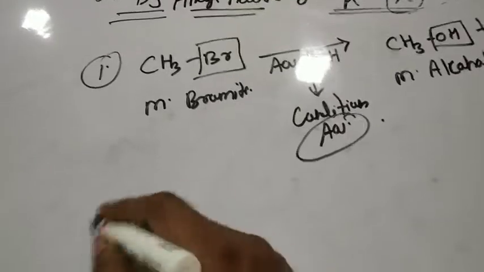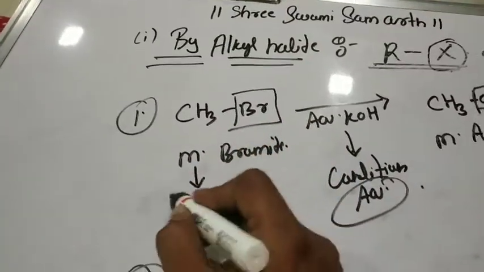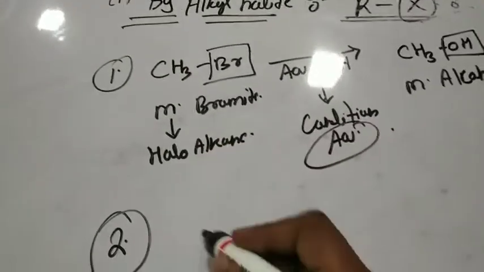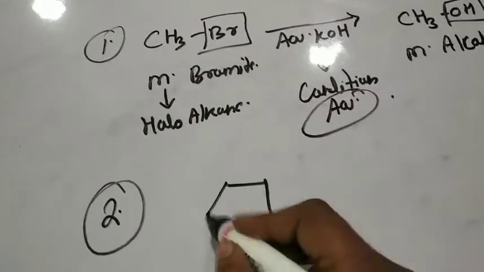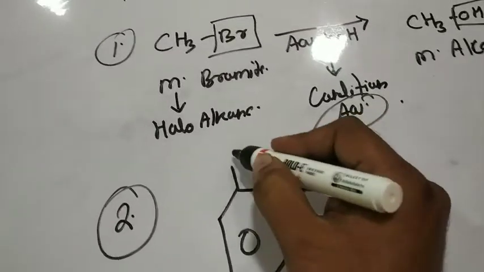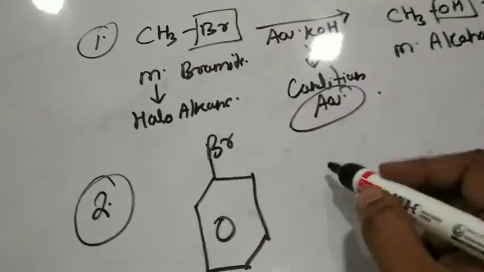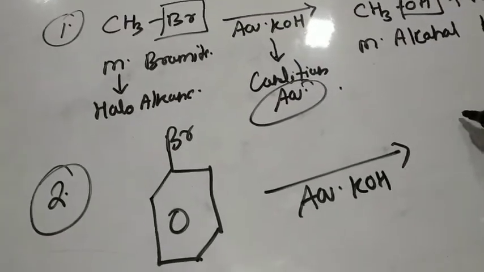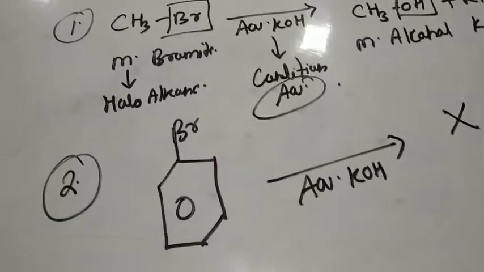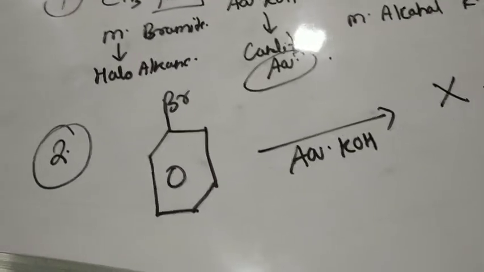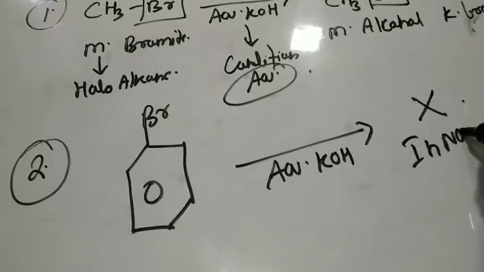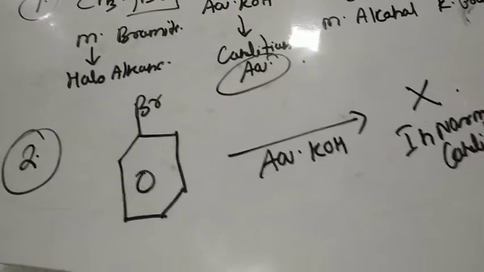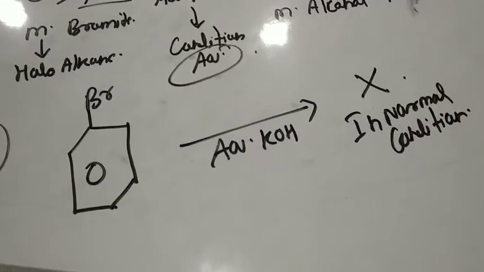But what happens when we take this? This is a haloalkane, right? Haloalkane का केस है ये. But haloarene के केस में क्या होगा? Is the reaction possible? मान लो कि मैंने ब्रोमोबेंजीन ले लिया. Bromobenzene treated with the aqueous KOH. It will not give the reaction. It will not give the reaction in a normal condition. In a normal condition, right? That means it will follow the reaction only in a drastic condition.